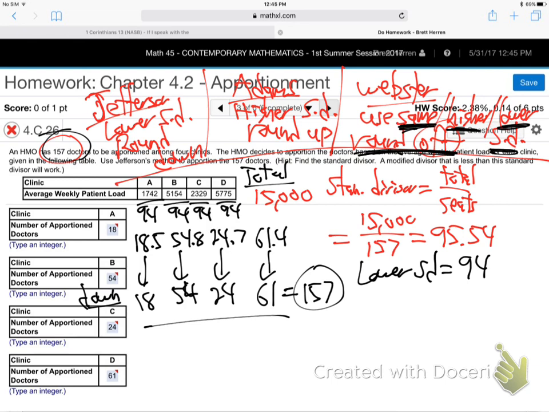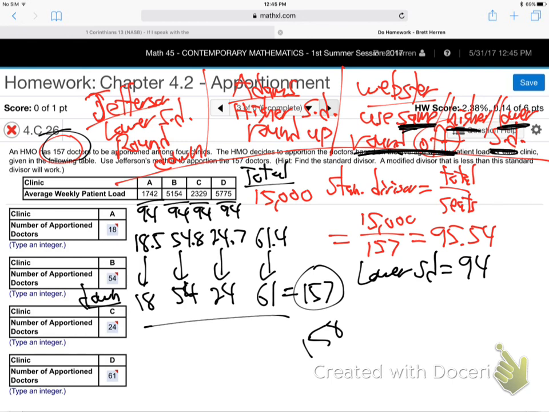Now, if they came out too high or too low, we would need to go back and do it again. Remember how that works? How does it work, guys? If it comes out too high, suppose the total would come out 158. What if I'd added them up and it was 158? You raise your divisor. You go higher. Yeah, it's counterintuitive. Remember, it's like a teeter-totter, right? So if it's too high, you go higher.